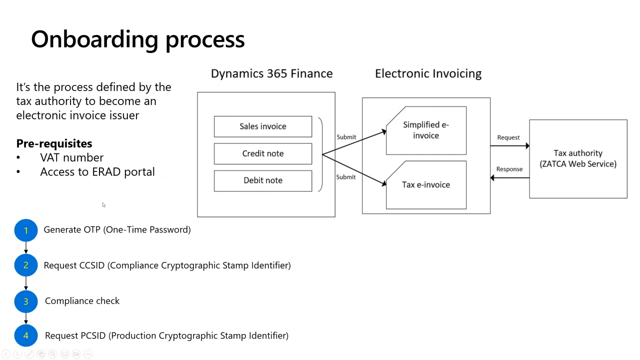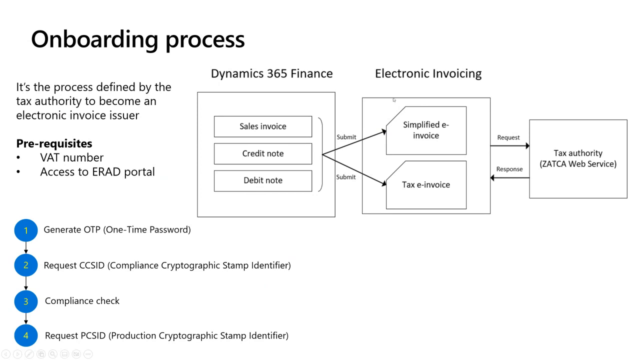And the process has basically four steps, right? The first one is to request a one-time password in the Zatka portal, in the ERAD portal. And using this one-time password, you will then generate a CSID, a compliance cryptographic stamp identifier. This is nothing less than a digital certificate that you generate, and you will use this digital certificate to perform your compliance checks, right? Compliance check is a routine of validations that you will perform here using Dynamics 365 and